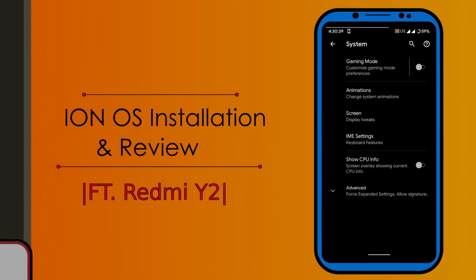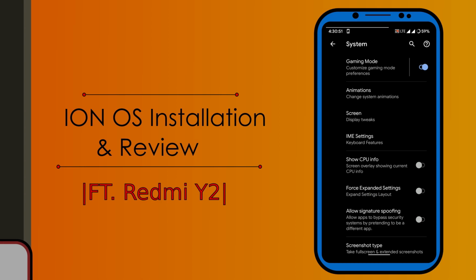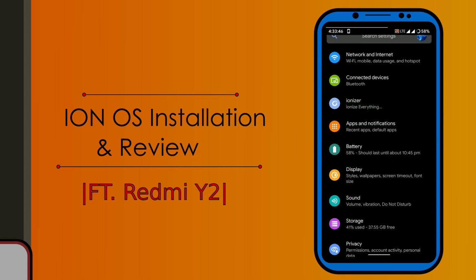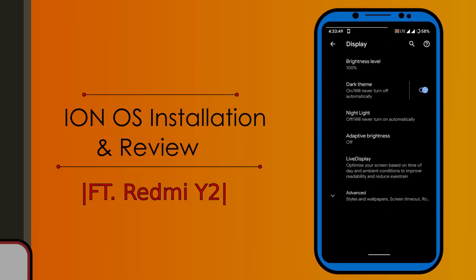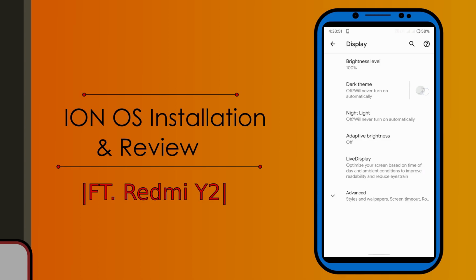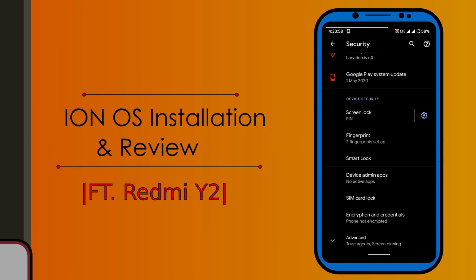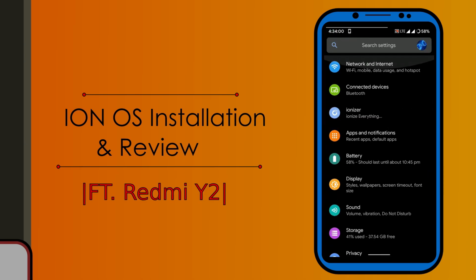Going to system, you get gaming mode. Gaming on this ROM is quite okay, but I would not suggest this ROM for gaming. So if you want to know which is the best gaming ROM, it is Ancient OS. Going to battery, the battery life on this ROM is quite okay, but I would not say it is good. Now going back, going to display, here you get the basic dark mode that I have applied. Going to security, there is no face unlock available. Going back, now speaking about the performance, on this ROM it is not as good as others, as I have found major lags and I had to restart the device to get it back.